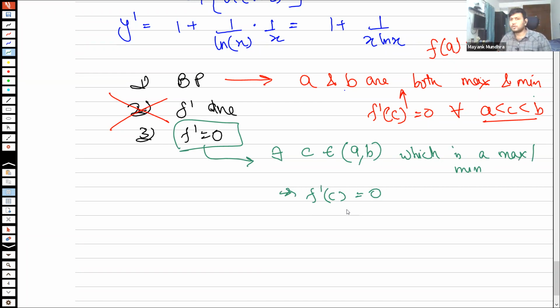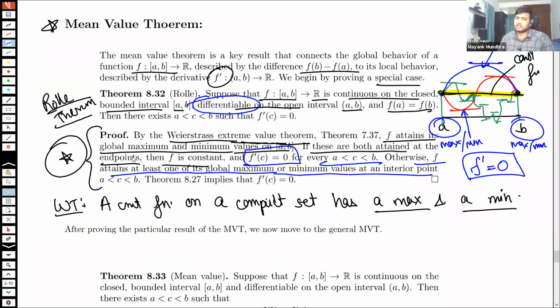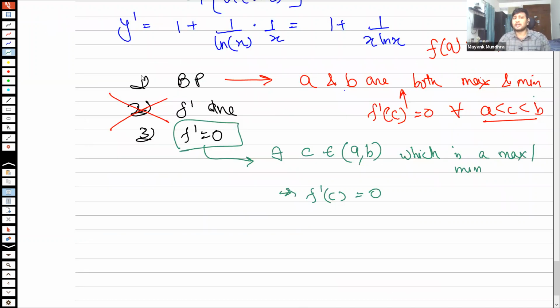Okay. You do not need to be rigorously correct with your proofs. You don't need to learn it by heart. So you can write it like this: an optima can exist if these three conditions hold. 1, it's a boundary point. 2, f prime does not exist. 3, f prime equals 0. And then you can write in words what you imply. Be crisp about what you're writing.